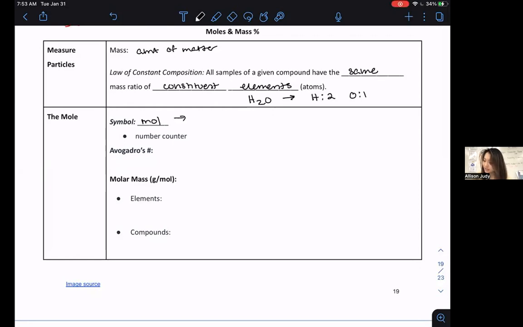And the big idea behind the mole is that it is essentially a multiple, a macroscopic scale up. We're scaling up how we count, a macroscopic scale up that allows us to quantify at a large, observable scale. Okay. And I know I use scale twice, but the idea is that